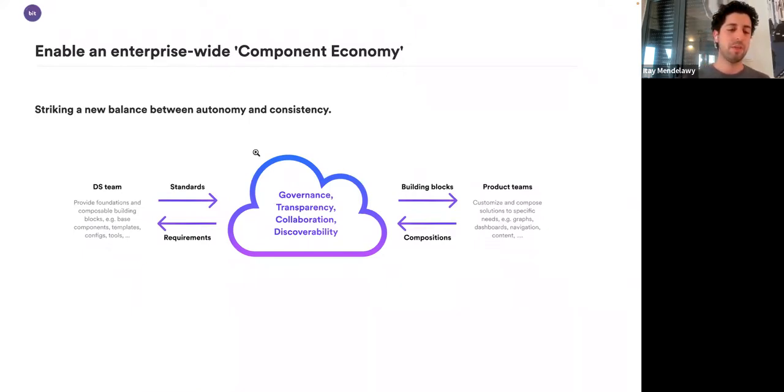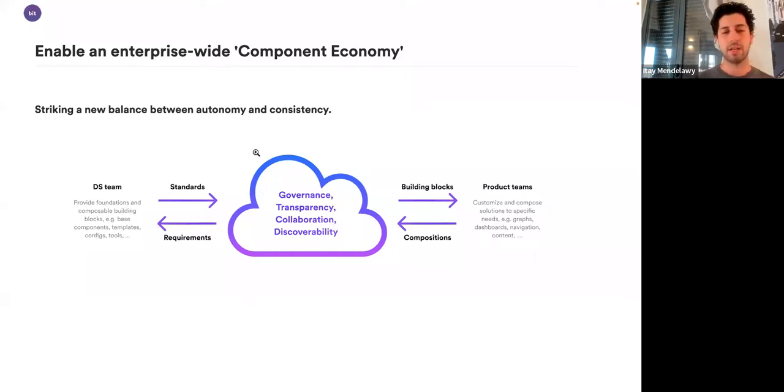So from the top, we want to create a system that allows us to govern and understand which components are there, to allow collaboration and discoverability of all of these components. But then from the sides, we have two major types of stakeholders. We have the team that builds the design system, or at least maintains the UI UX consistency.